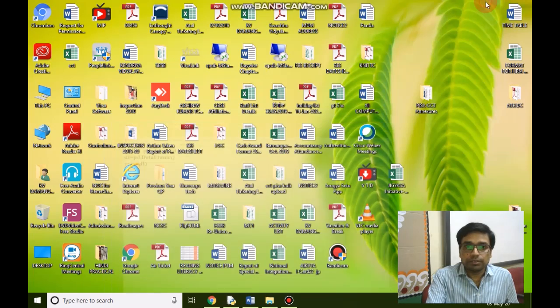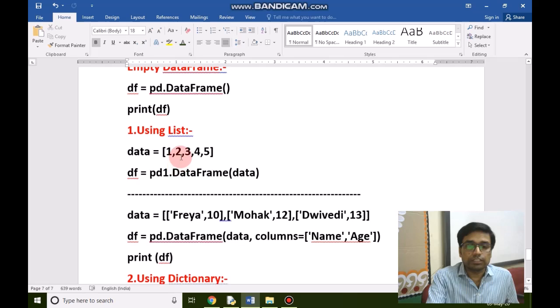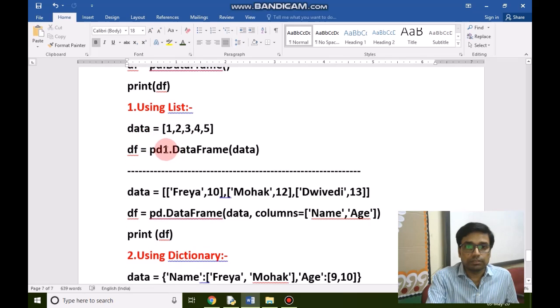Next we come to the creation of a DataFrame using a list. How to create a DataFrame using a list. So we define here a list, and we can give the whole list to the DataFrame function.